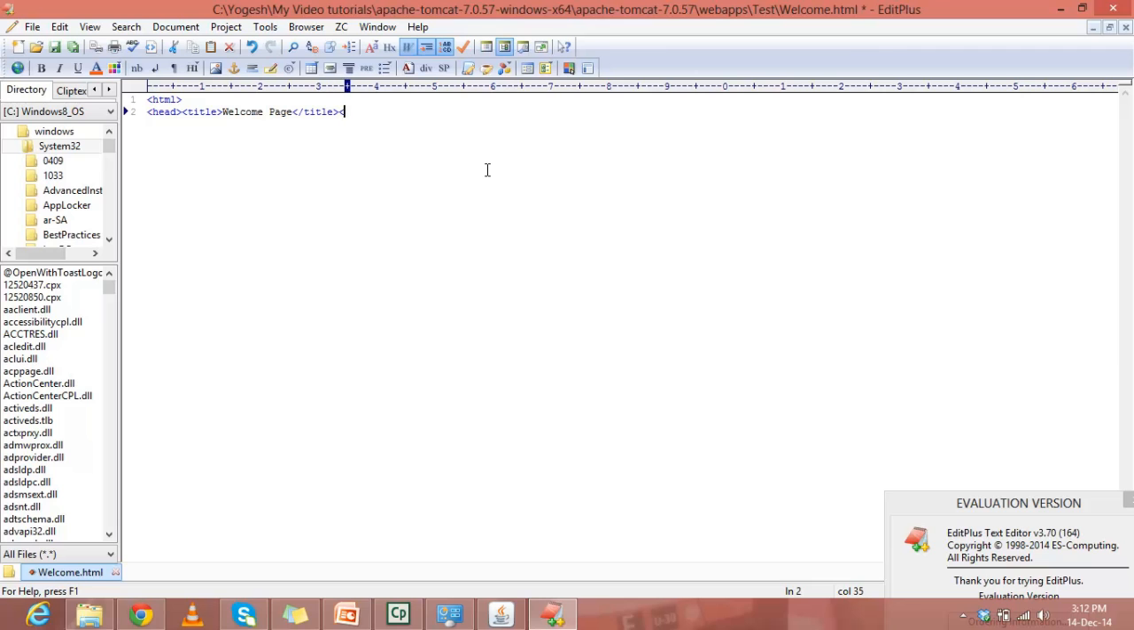I will close this tag and close this head tag, and I will move to the body part of the HTML. In this body part, with a heading in bold font, which will be made by the h1 tag, I will put a heading like welcome to my test app page. And I will close this body like this. And once I save this file,